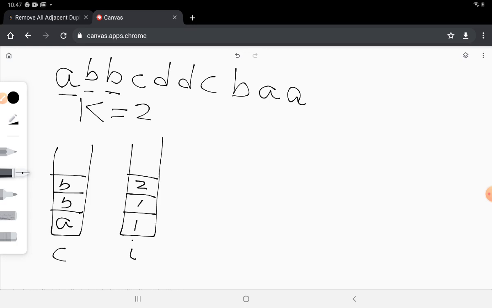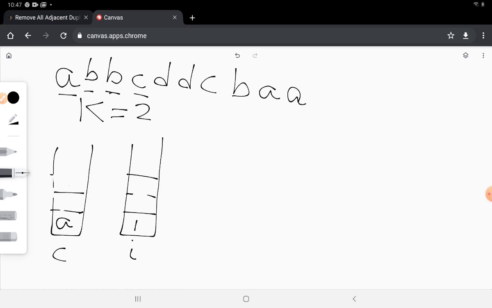So what we would do is pop out as many elements as are equal to k. k is equal to 2 over here, so we would pop out 2 elements from both these stacks. So let's just pop them out. We remove this b, it has been popped out. Similarly, we remove the 1 and 2 from here. So again we are left with just a and 1. Okay, moving forward, now we have c.